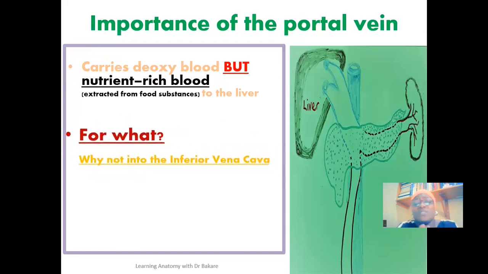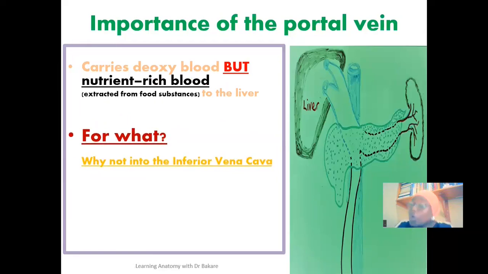So what is the essence of this? Why is this deoxygenated blood, although nutrient-rich, not delivered into the inferior vena cava? Because it is deoxygenated, it should normally be delivered into the inferior vena cava to go further into the heart. But this is not what is seen here. This nutrient-rich blood is delivered into the portal vein, so that the portal vein can release it into the liver. The liver uses it as raw materials to manufacture a number of substances,